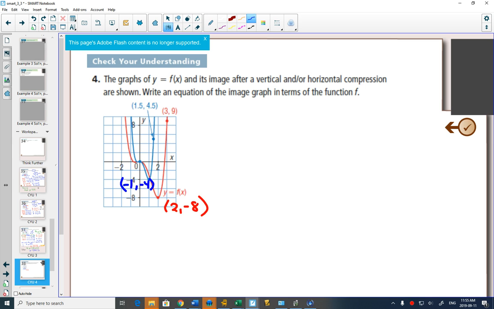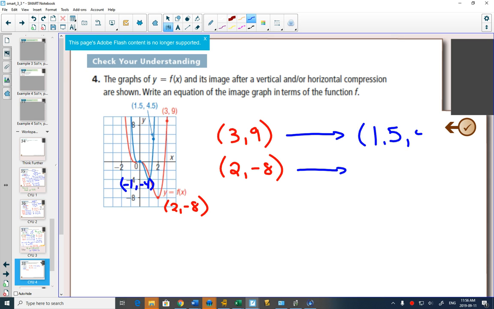So if I was working my way backwards, I would say, well, what would I have done originally? Originally, I would have taken 2 points from my red graph, which are 3, 9 and 2, -8. And I would have drawn an arrow and said, I need to do something, and I would have done that thing, and I would have found out what happened to 3, 9. It became 1.5, 4.5. What happened to 2, -8? It became,